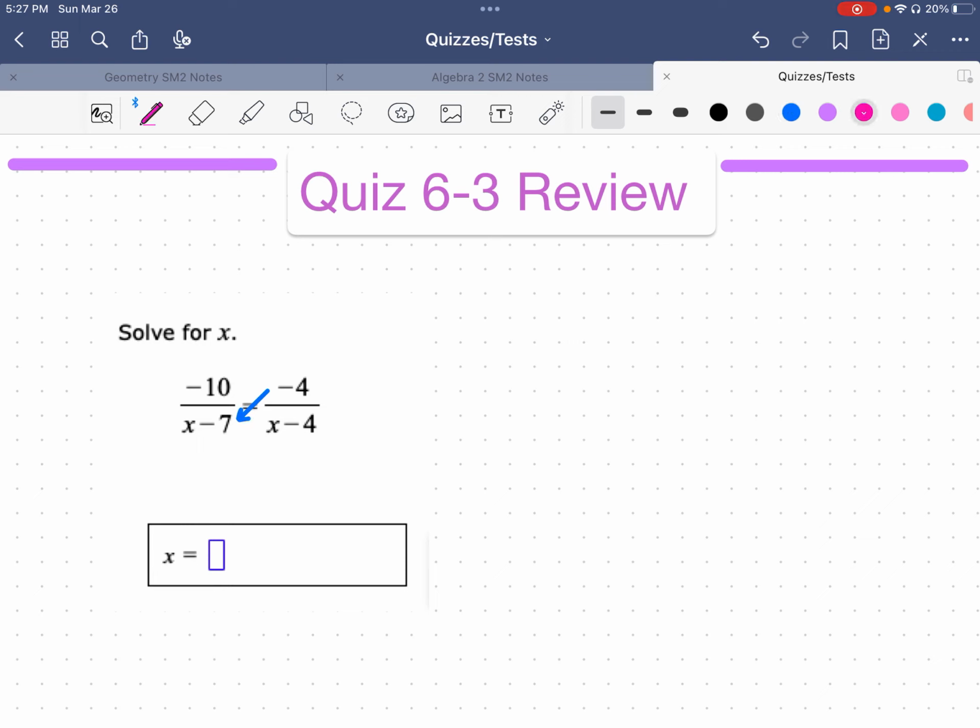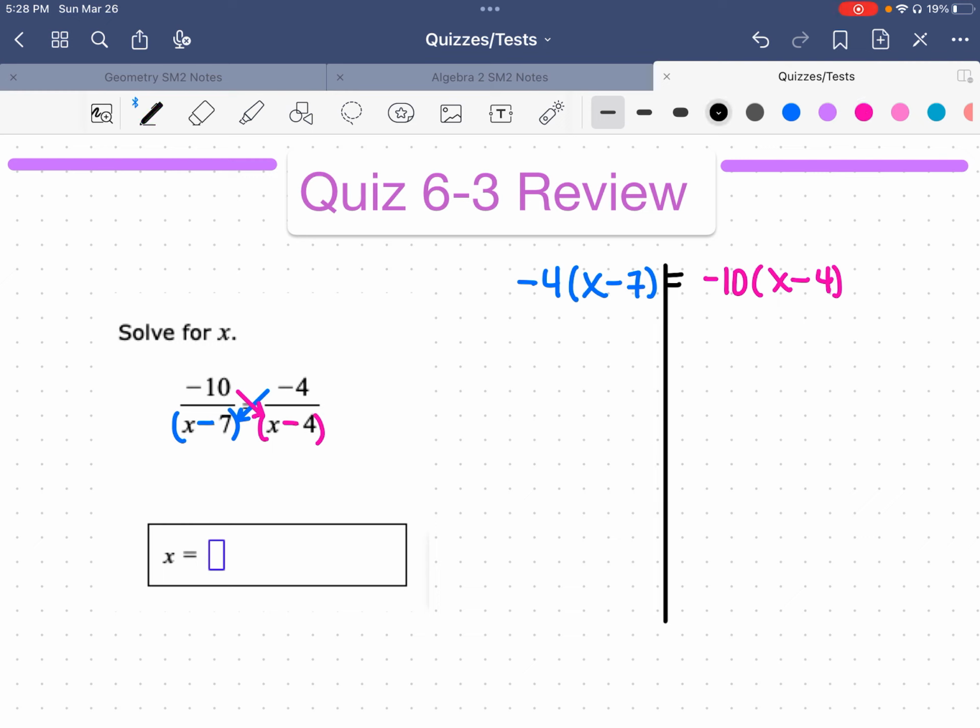you're just going to go ahead and cross multiply to solve. Be careful for both of these because, as I notice with the blue one, there's a minus in the bottom, a subtraction. So I'm going to have to go ahead and say -4 times x minus 7. Then I can set it equal to, and I noticed that again when I did the pink one, -10 times x minus 4. The reason I have to make sure that I have my